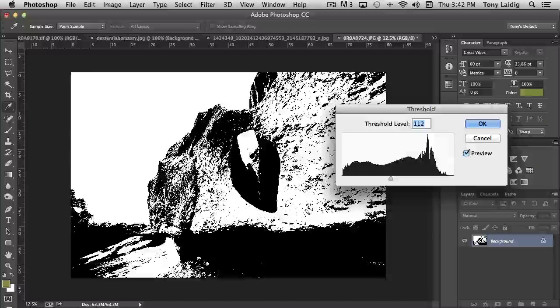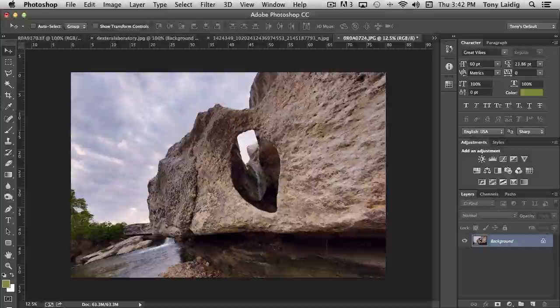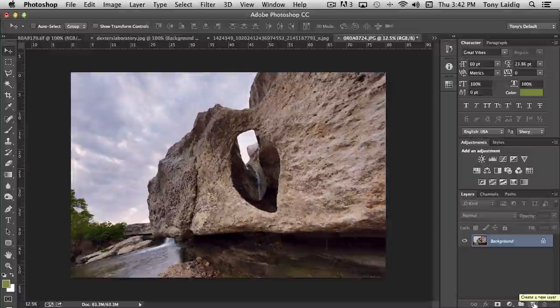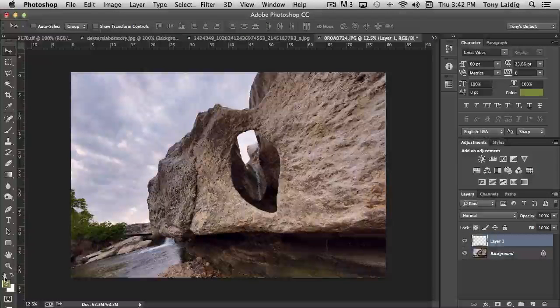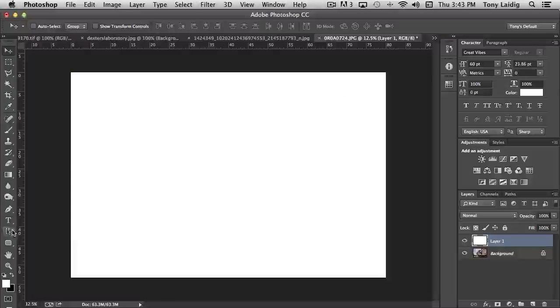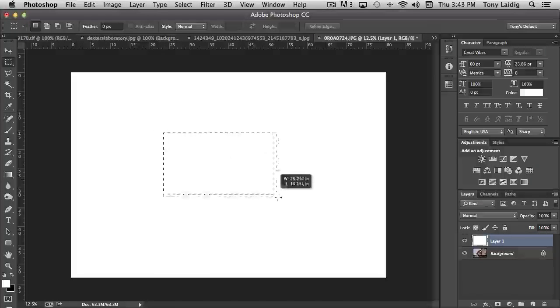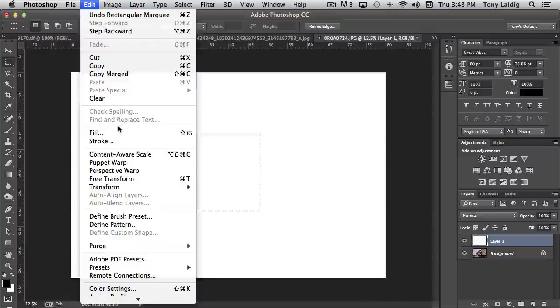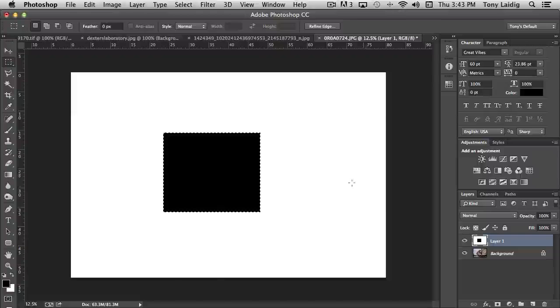Now I'll show you where this can actually come into play in a very interesting way. Let's create a layer, and I'm going to fill it to white. So I'm going to select white, and I'm going to choose Edit, Fill, and we're going to fill with a foreground color. And then the next thing I'm going to do is create, let's just create a rectangle. And I'm going to fill that rectangle to black. Okay, I'm going to hit Command or Control D to deselect the marquee selection,